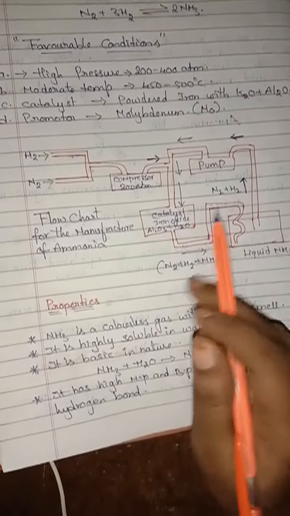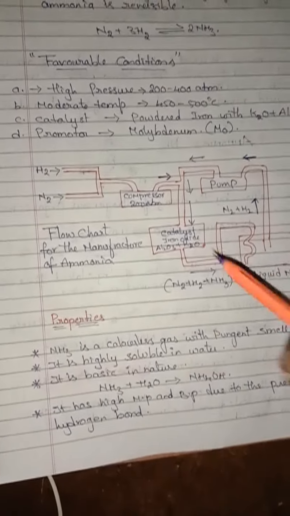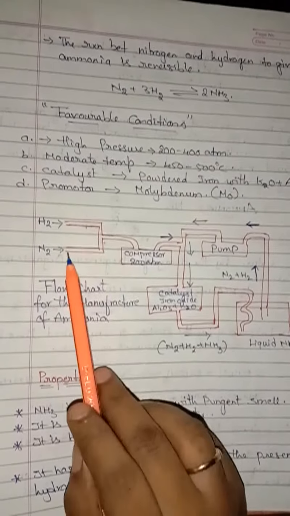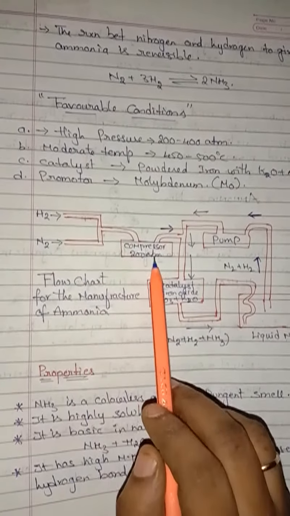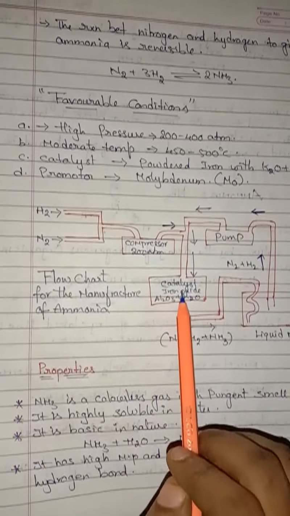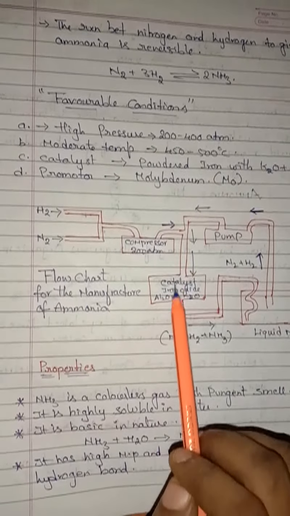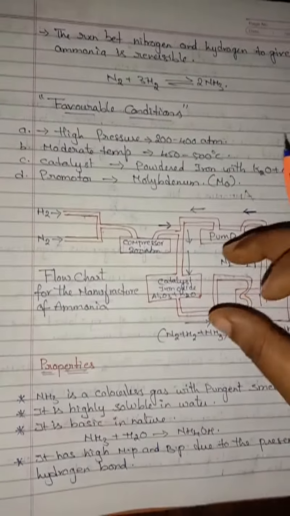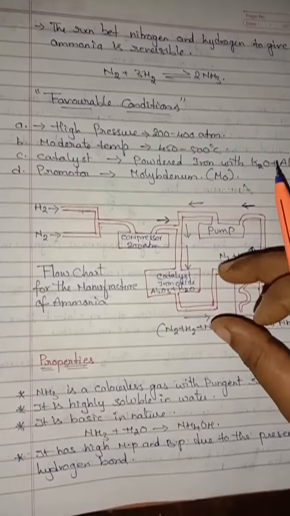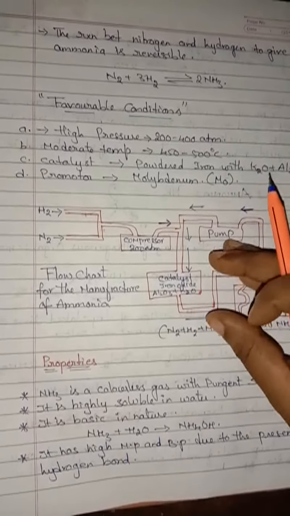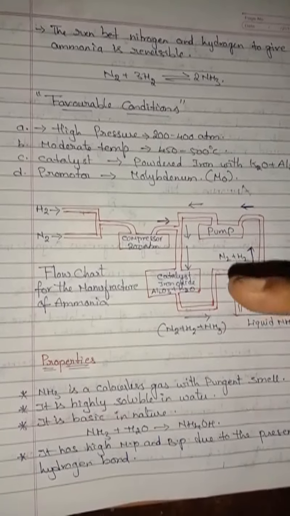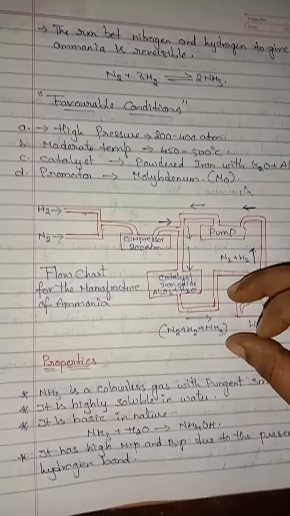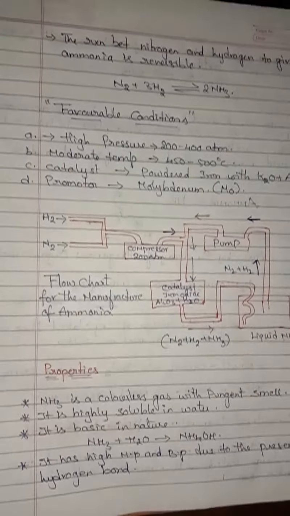So look here: hydrogen gas and nitrogen gas were moved to the compressor, and from the compressor they move to the reaction bed where the catalyst is present. The catalyst increases the rate of reaction. These are in the gaseous state, isn't it? This mixture with about 10% ammonia is now cooled. When it is cooled, the condensation process takes place, and we get liquid ammonia. So the liquid is tapped out.